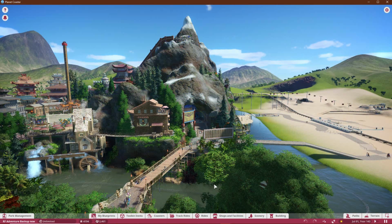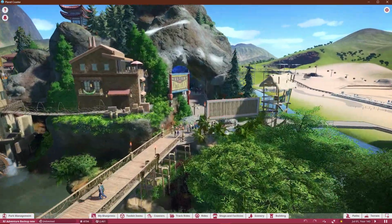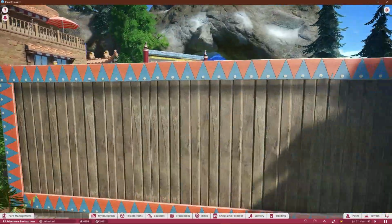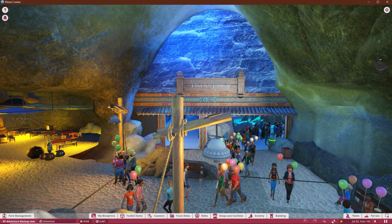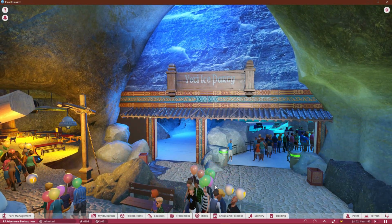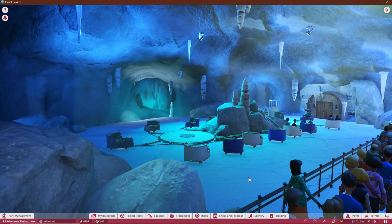Let's take a look at some of the details of this land. Coming in across the bridge from Africa, like I said, you go up a ramp and you head into what is a cavern of sorts inside the mountain, and I call this mountain Mount Raven, which you'll see why later. And directly inside here we have a flat ride. It's the whip ride. I called it the Yeti Ice Party,